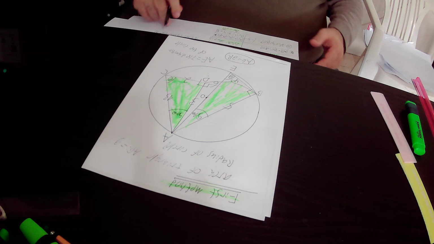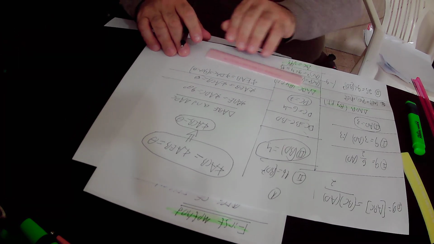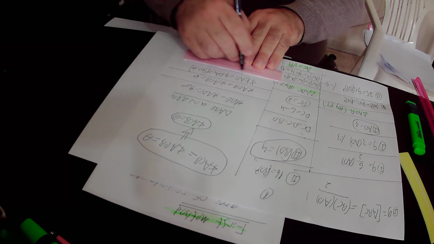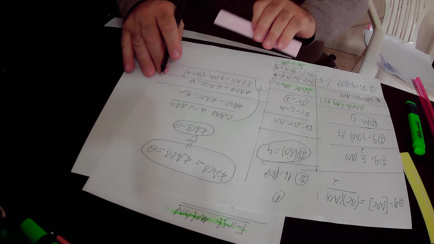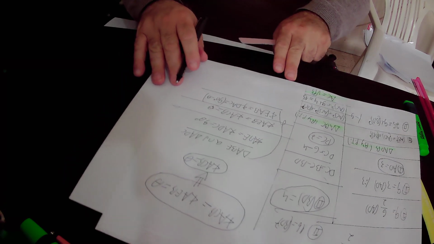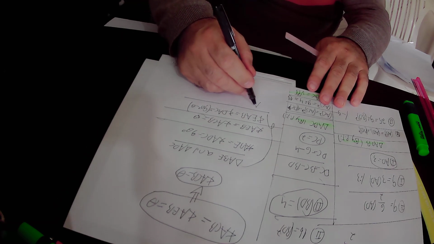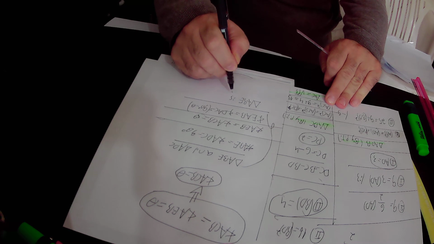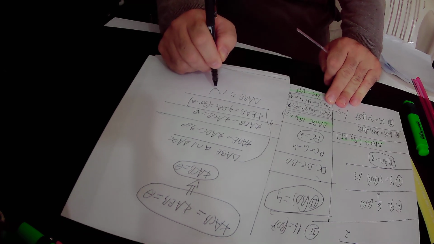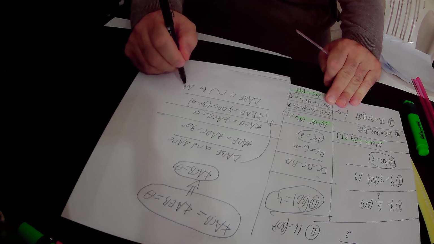Therefore they are equal to each other. So we found out that all three angles of triangle EAB equal all three angles of triangle ADC. Therefore, triangle ABE is similar, this is the sign of similar, to triangle ADC